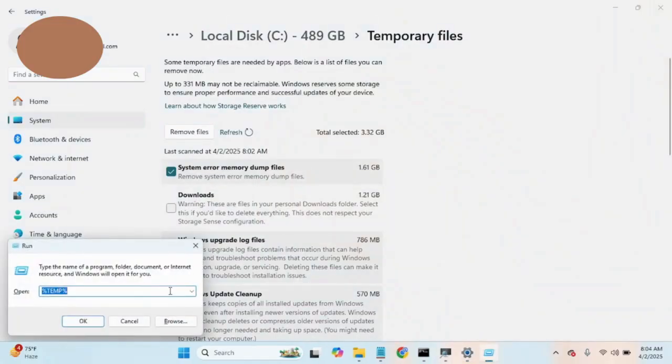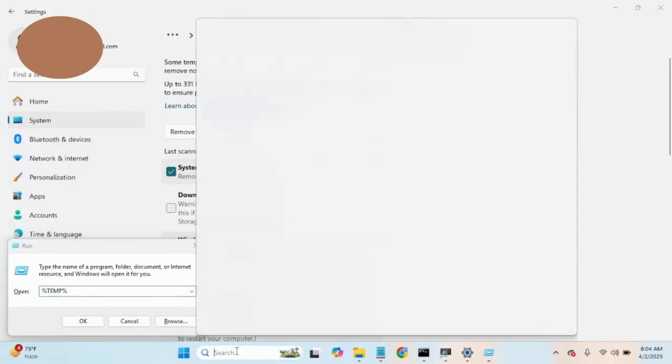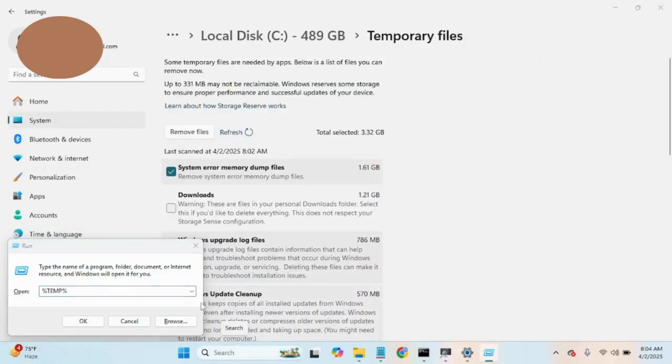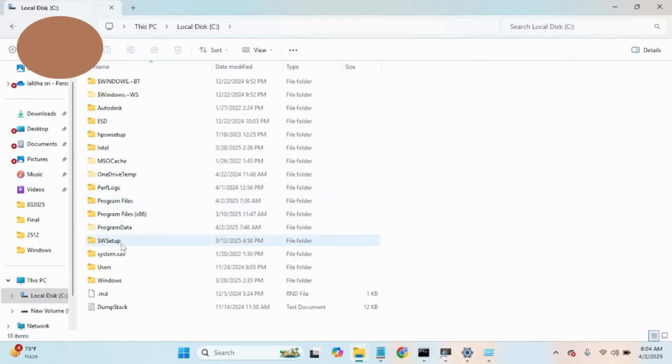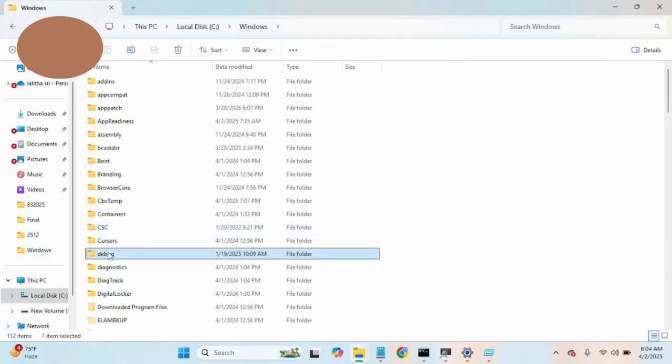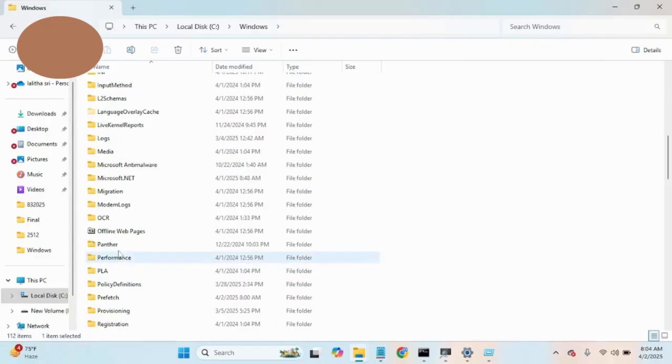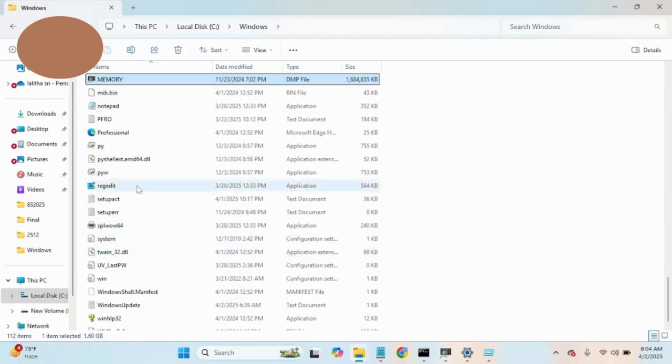You can go to the C drive, open the C drive, go to Windows, and you can select the memory file. Here you can see the memory file. In case any other time you find any system crashes, all the history you can find here. Actually, I installed the WinDbg